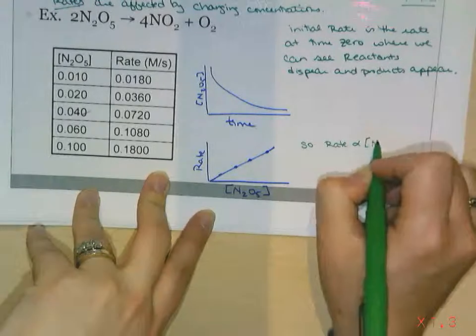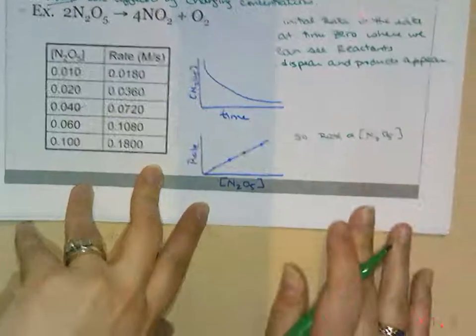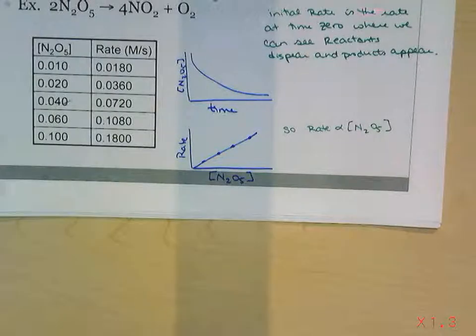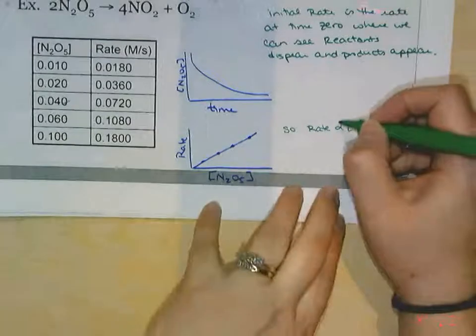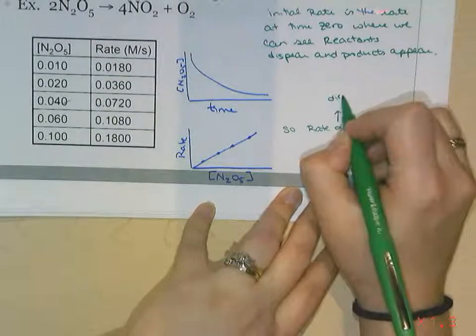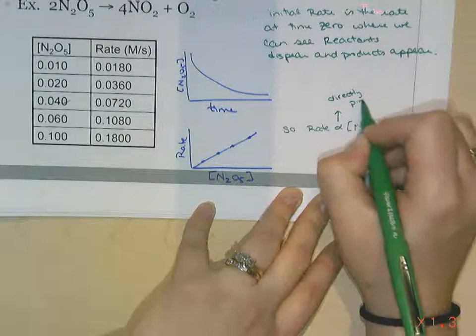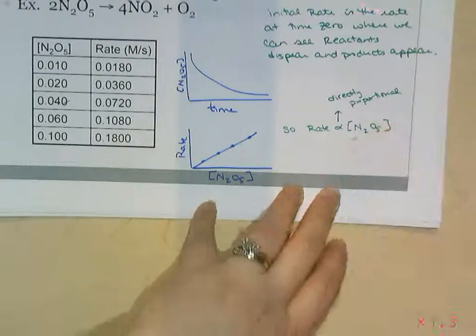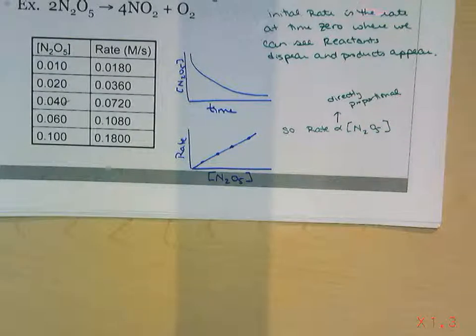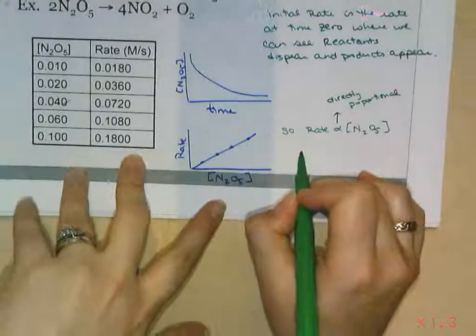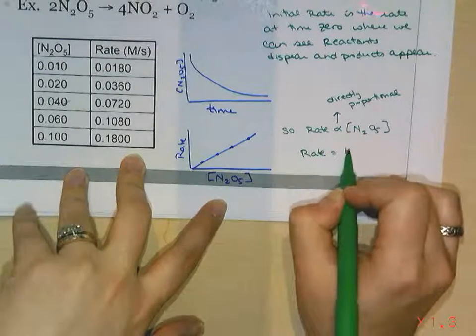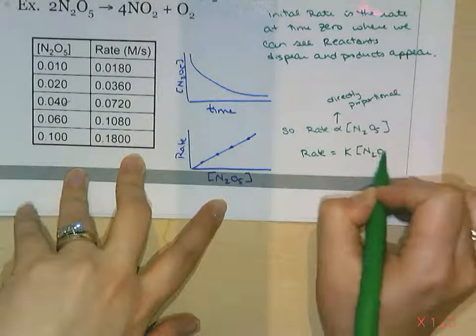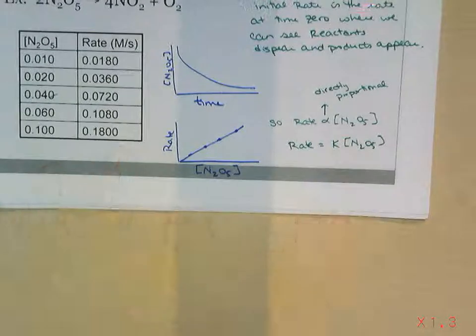Does everybody know the fish symbol in math? It means directly proportional to. You may not have run into it yet. Means that they are directly proportional. As one increases, the other one increases by the same amount. Which means I could write this, that would be true. That rate is equal to K times concentration, where K is now a constant that is